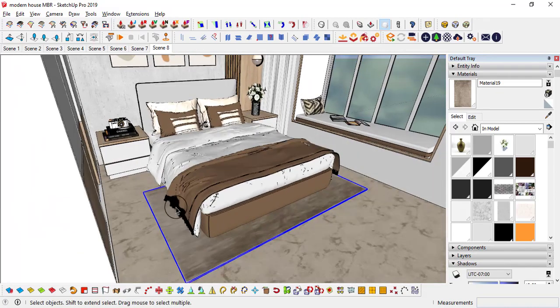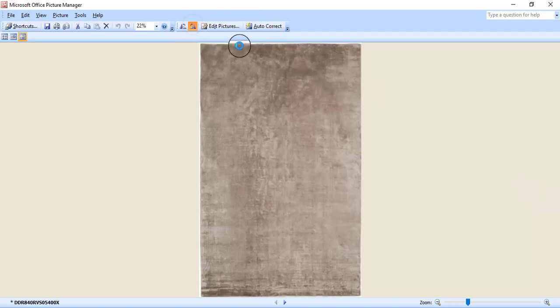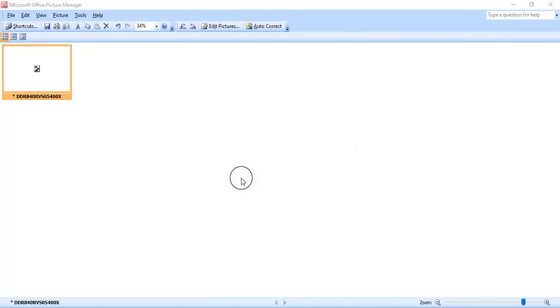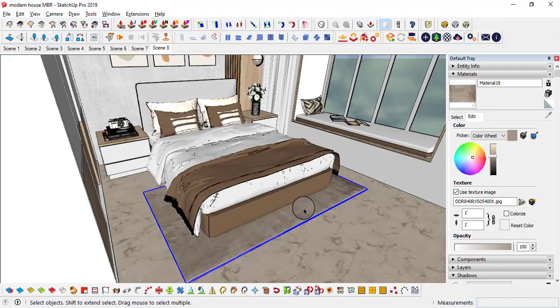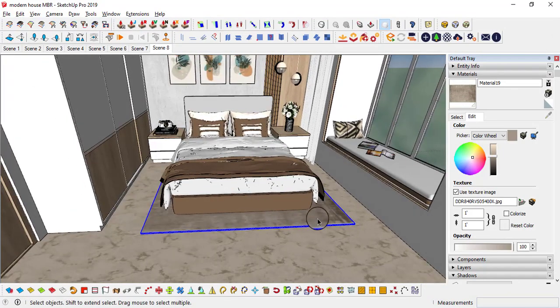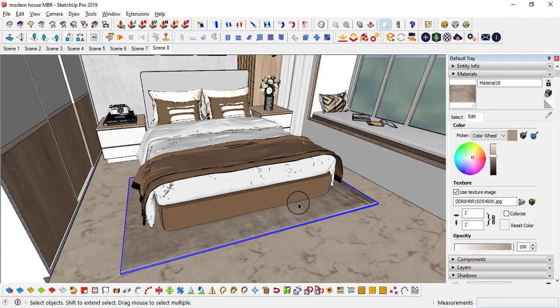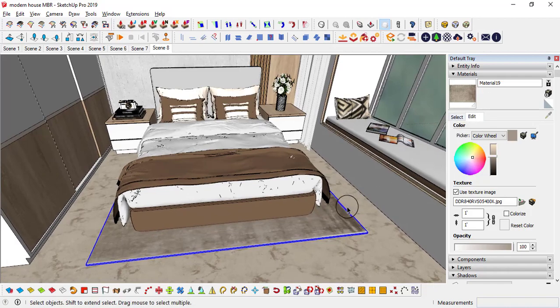Actually the material is stretched because it is in a vertical position. I want it to rotate to horizontal, so simply go to edit, edit texture, rotate it and save it. That's it. It's going to automatically update. If not, you can simply use triplanar projection to fit, but usually I have applied it outside the group, so it is going to update automatically.